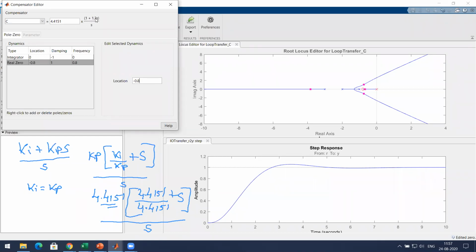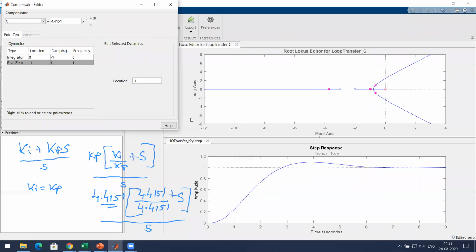These two multiply. This is of the form Ki plus Kp s by s. Previously I wrote it like this, now it is like this, and both are the same thing. Now I bring this back to -1 itself, so then I'll get this.